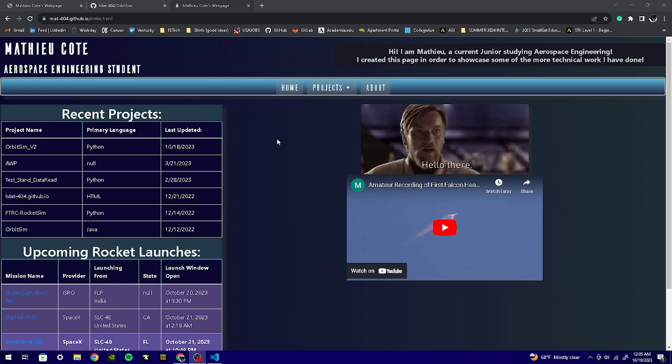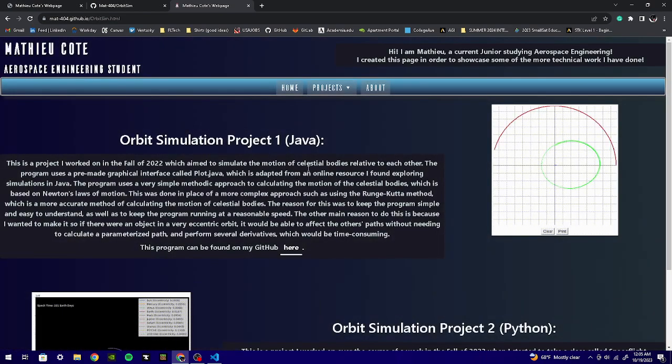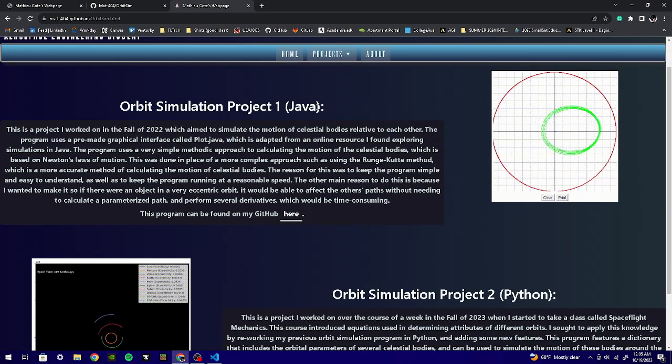So first off, this is the website that I've made just to show off all of my projects. I'm pretty proud of it, but that's an entire other topic. But what I have in here is my orbital simulation projects. So at the top here, this is my first project that I did in the fall of last year. This was back when I was first